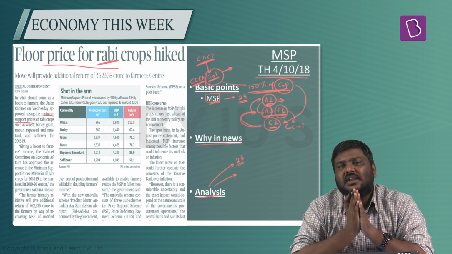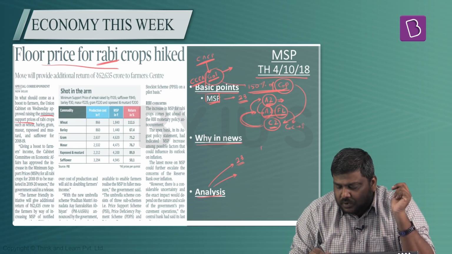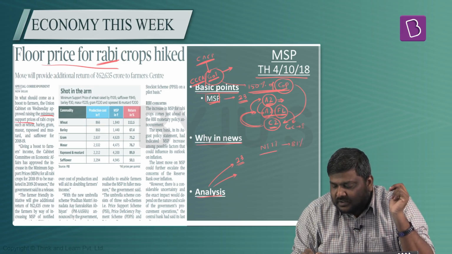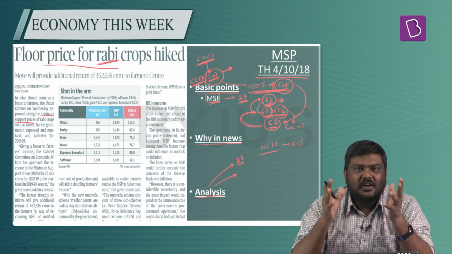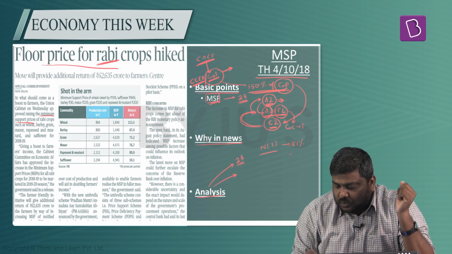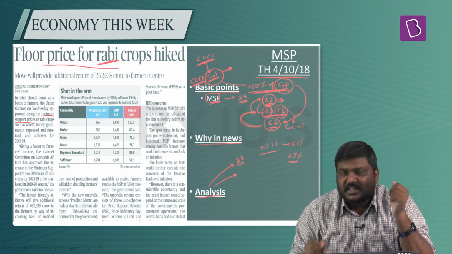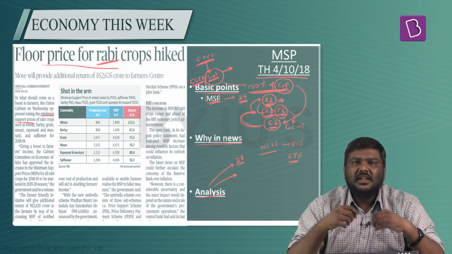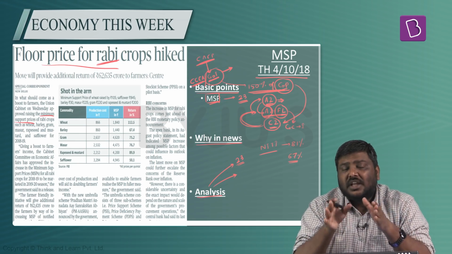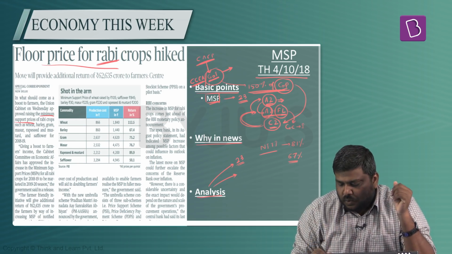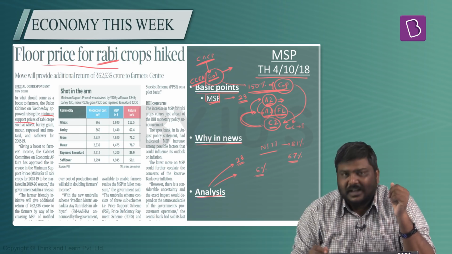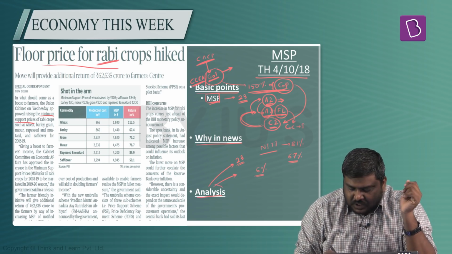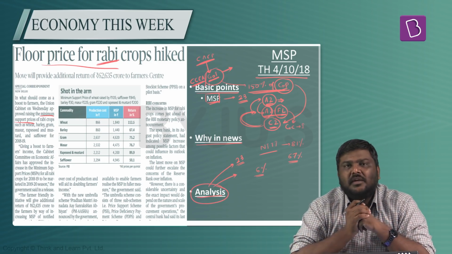Because of all of these particular issues, the Niti Aayog report basically says that although more than 81% of the farmers in India have the idea of what is MSP, more than 2/3 of the farmers, that is more than 67% of the farmers, actually end up selling the food grains making their own arrangements. And the Shanta Kumar committee basically said that only around 6% of the farmers in India actually get the benefit of MSP. So these are some of the issues with respect to this announcement of MSP.